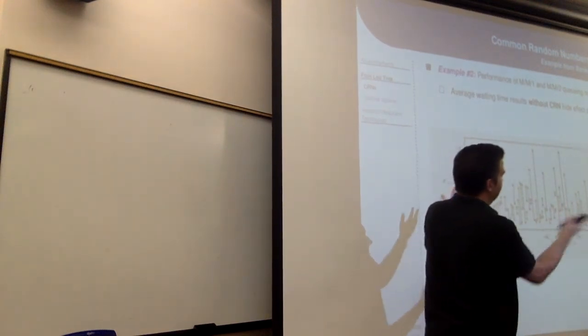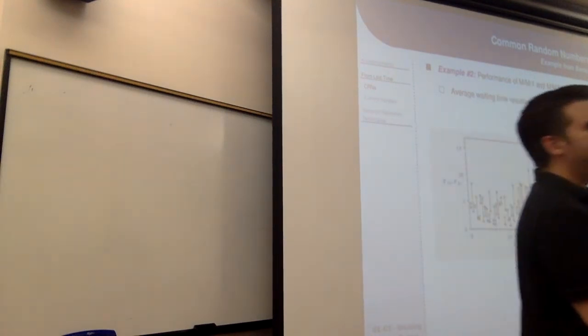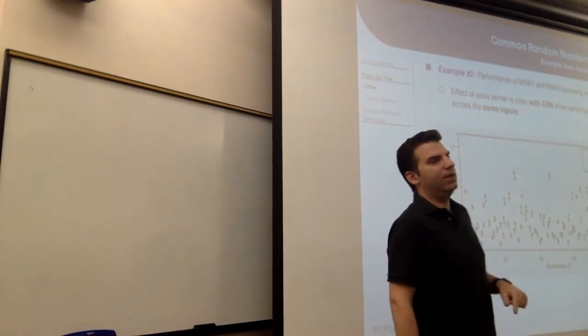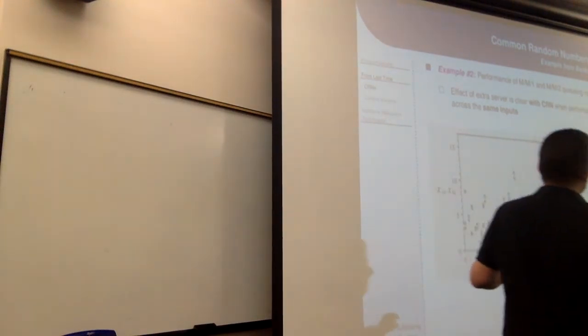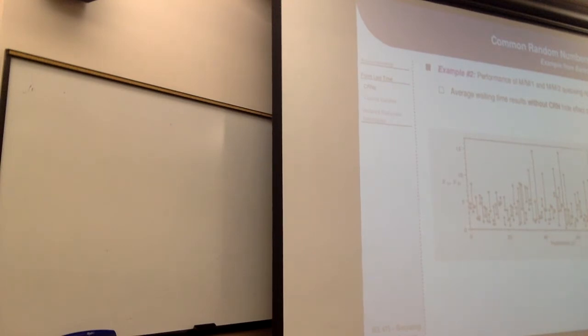So I could have sorted these any way I wanted and paired them up, and the pairing doesn't do anything for me. But if I do pair their inputs together so that every queuing model gets the same arrivals, and take their differences, then I do see consistently that the M/M/1 queue, the filled circles, are on top of the M/M/2 queue, the open circles. And there's a very small effect. And if I go back and look at the variances, that effect would be very difficult for me to see if I did a 2-sample t-test.